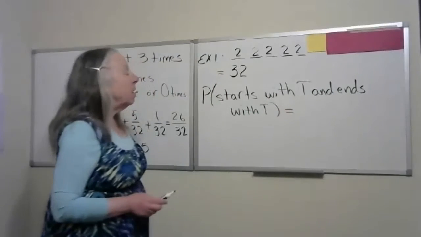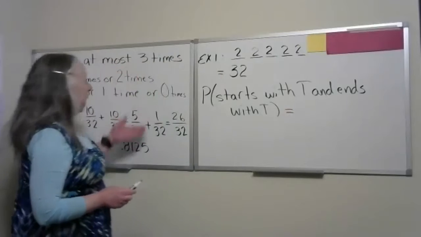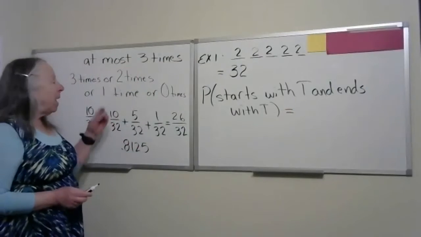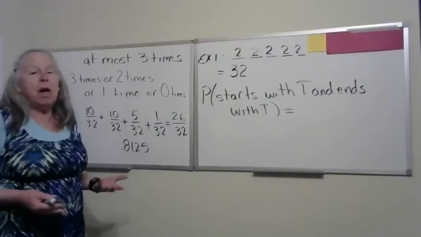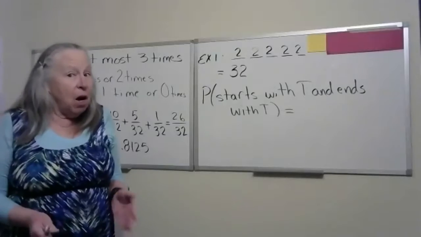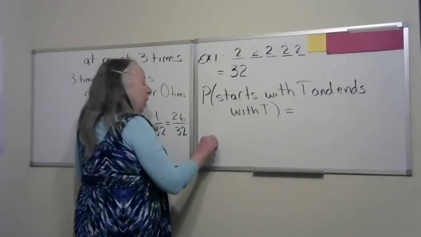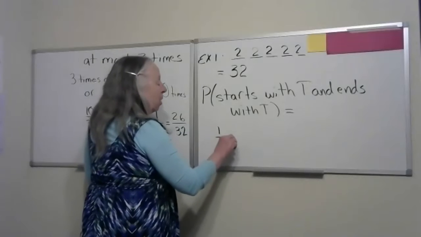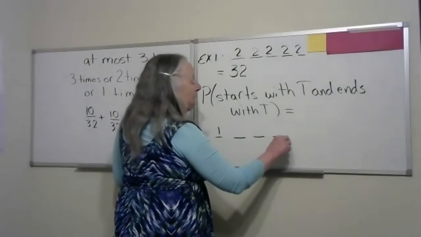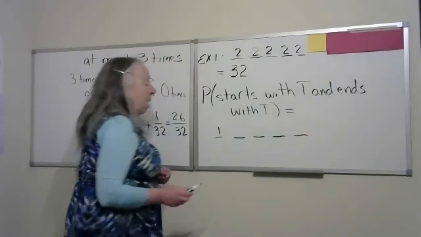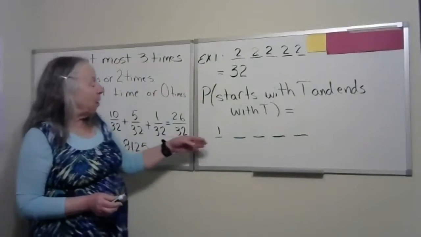Now, this is a little bit different than what we had over here, because over here we just said we wanted 3 tails and we didn't care where they were. Here, what we're going to do is go back to our counting like we did in the first section,